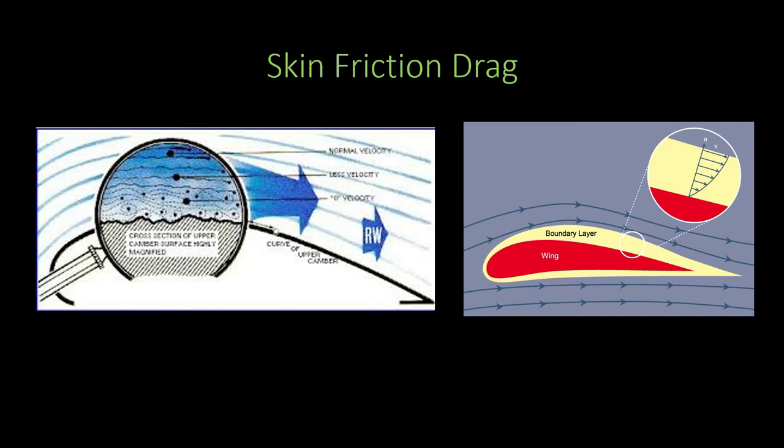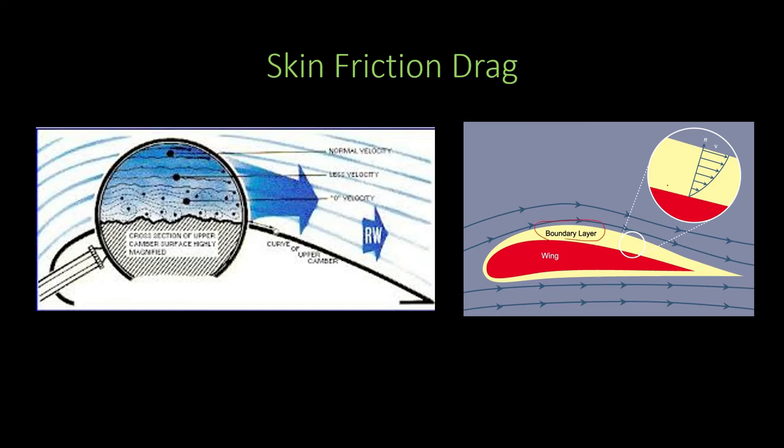So it doesn't matter how smooth the skin of that object is, if you take a microscope and check, there will be some roughness on the surface. Now, because of this roughness, there will be a formation of a boundary layer. The boundary layer is a region in which velocity varies from 0 to V infinity. V infinity stands for free stream velocity. To be technically correct, it varies from 0 to 99% of V infinity, and that region in which it varies is known as the boundary layer.